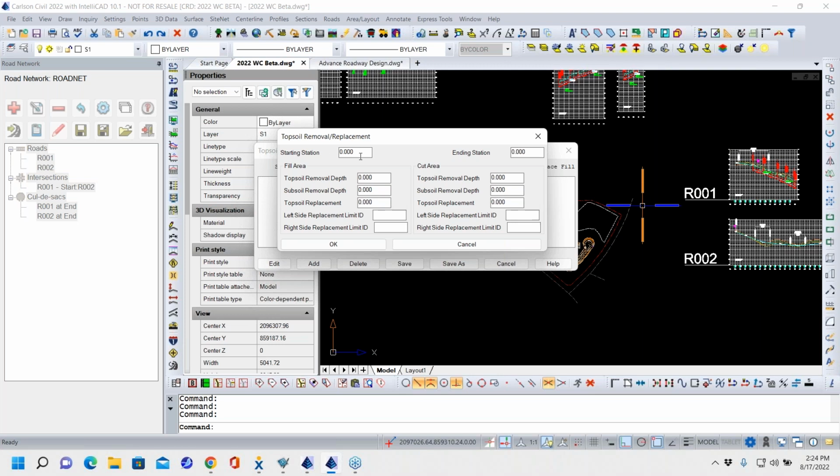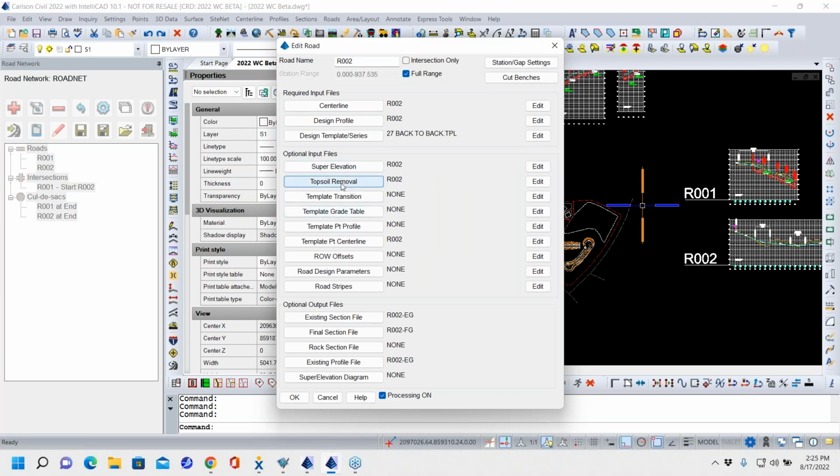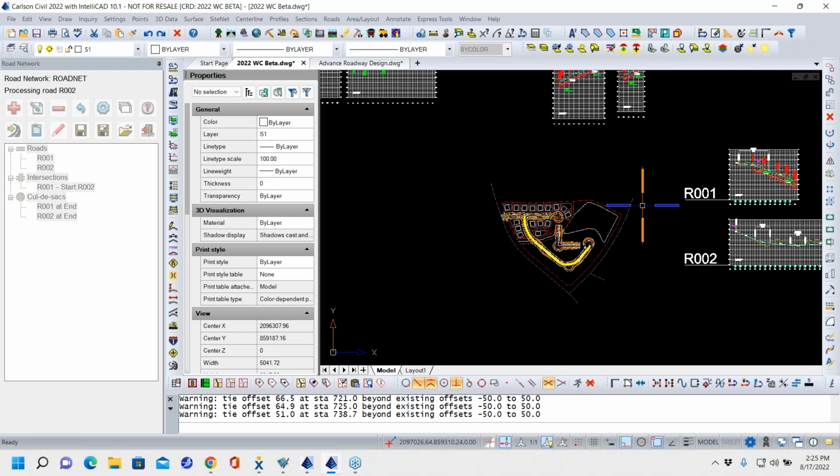Now you could come in here and say starting station of road 2, ending station, all that kind of stuff, and all these different topsoil, subsoil removal depths and things like that. You know, topsoil removal, let's just say 0.83. We got 10 inches. And you can click OK, and save. There we go. And now that gets added into it. So once you process your road network, you should be able to see in your reporting